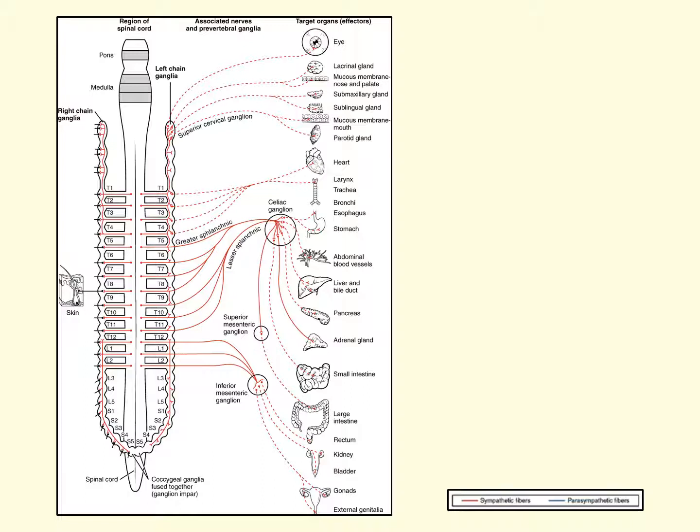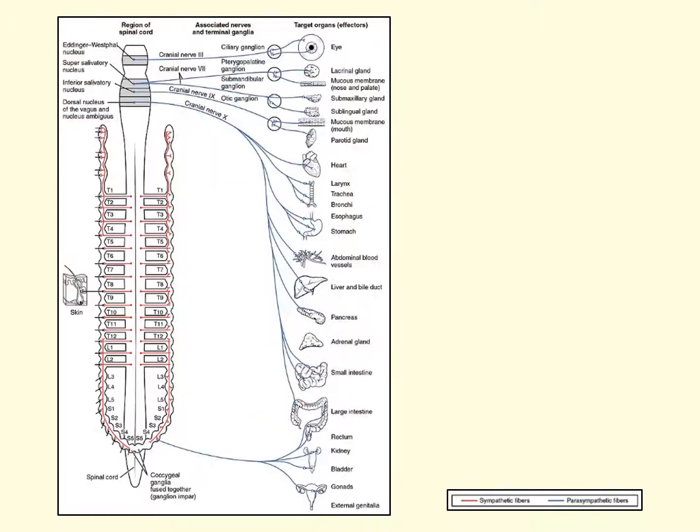And you can see here on the right portion of this image various organs that are connected to or innervated by the sympathetic branch of the autonomic nervous system. And here's the parasympathetic branch, and so different nerves connecting to some of the same organs, and you can get a sense that you have some nerves which are passing signals along to the heart, say, which are telling the heart to activate, and you've got some nerves that are passing signals along to the heart, and you can imagine to tell it to deactivate or to slow down.